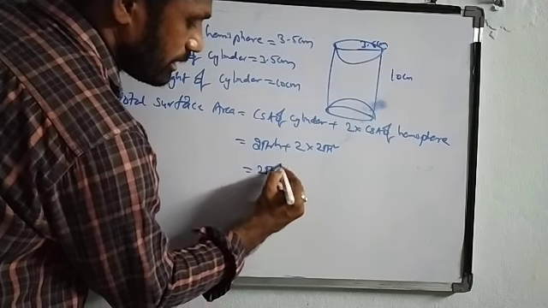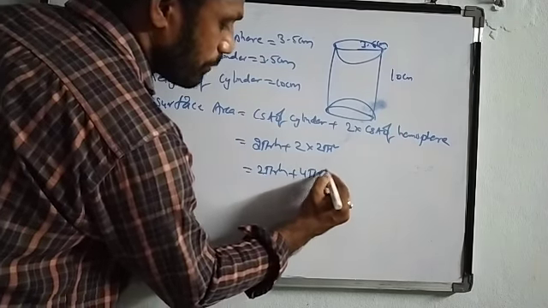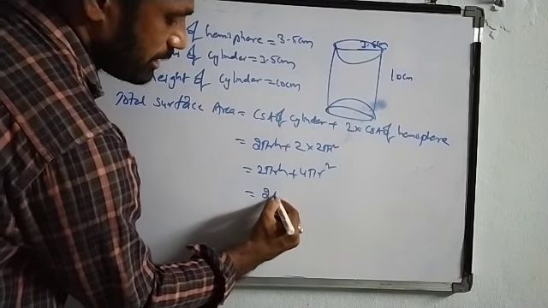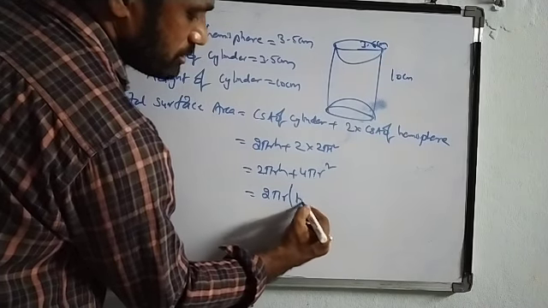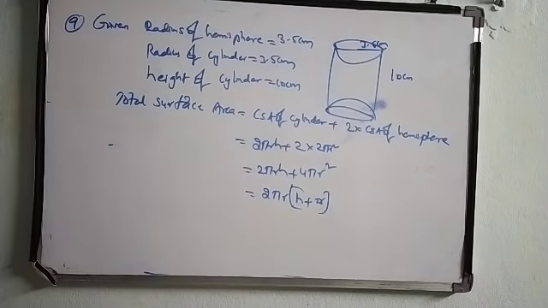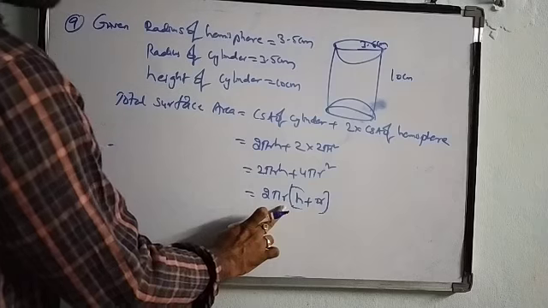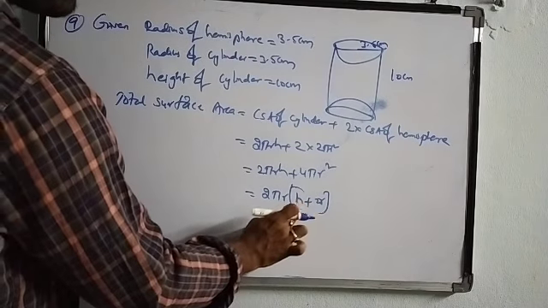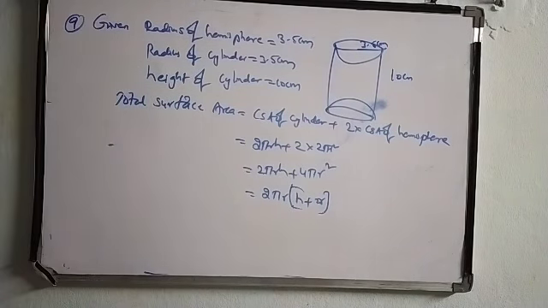So 2 pi RH plus 4 pi R square. We can take 2 pi R common, so in the brackets we can make it H plus 2R. So substitute all the values here. In place of radius we put 3.5 and height 10 centimeters. So this is about